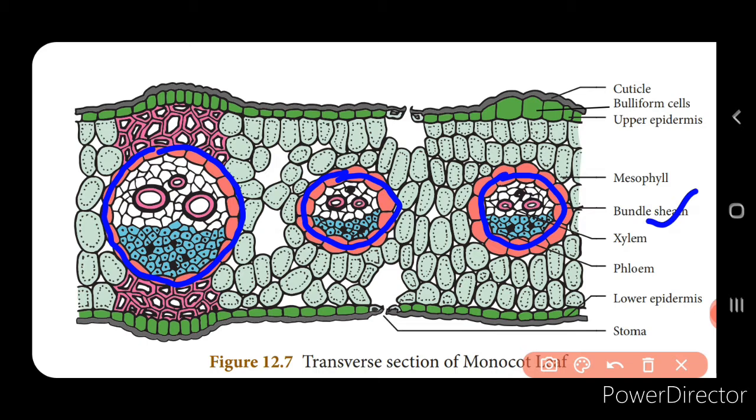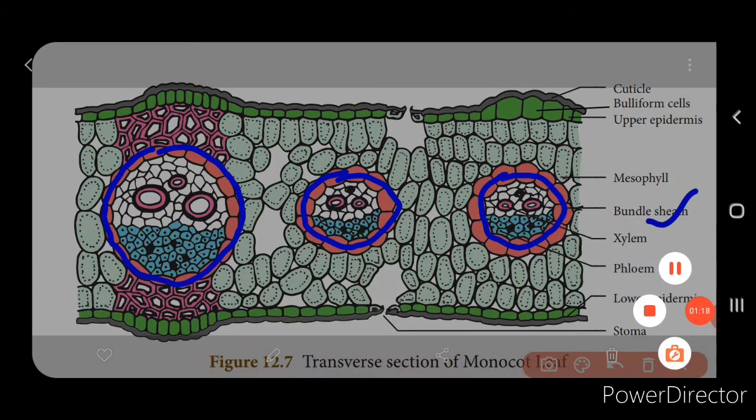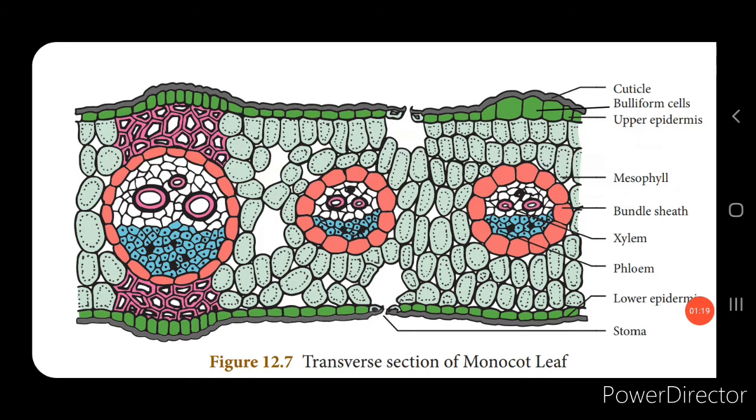And the vascular bundle, what type of vascular bundle is that? The vascular bundle is conjoined collateral, and it is closed because there is no cambium in between the xylem and the phloem. Now you can see the xylem towards the upper epidermis. Can you see a circular pink color structure? That is towards the upper epidermis, while the blue color cells are the phloem, which is marked in the picture. It is towards the lower epidermis.